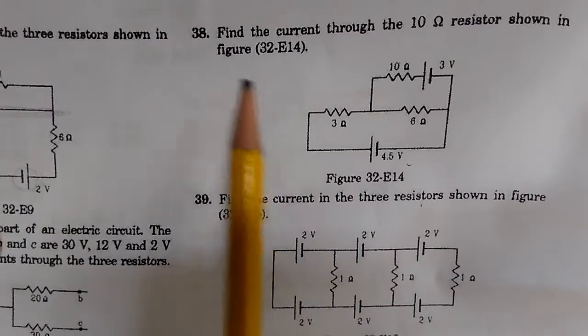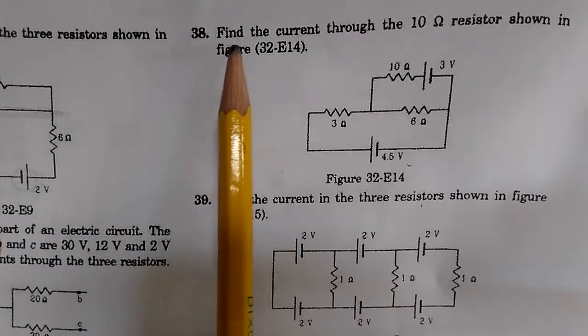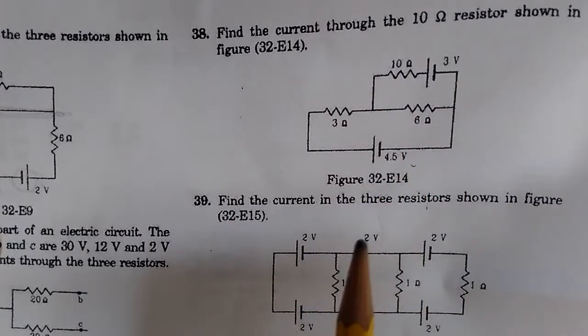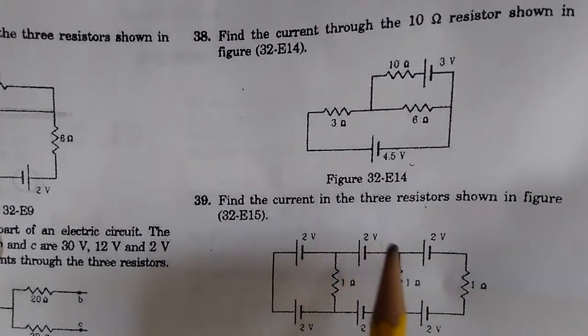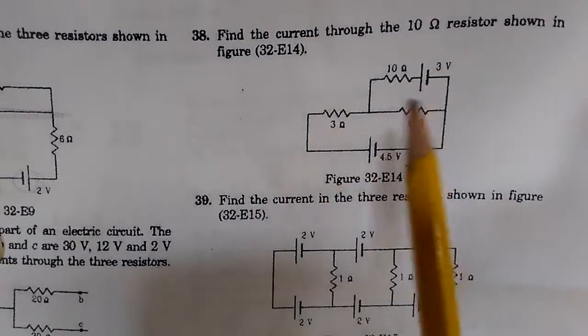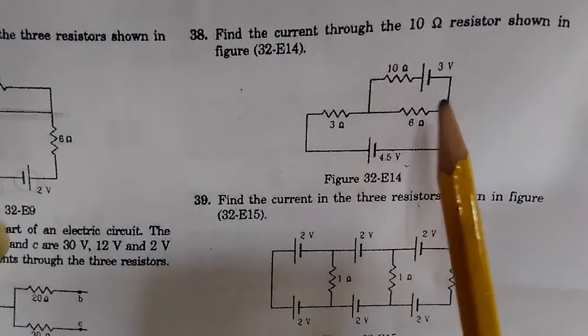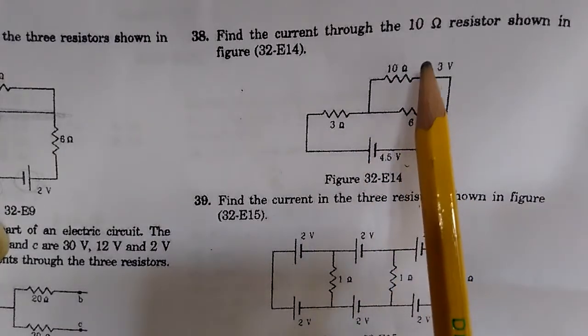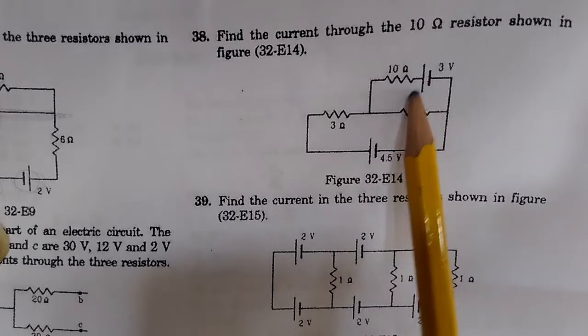Question 38. Find the current through the 10 ohm resistor shown in this figure. So in this question, this battery will try to send out a current, assuming that this is a positive terminal,